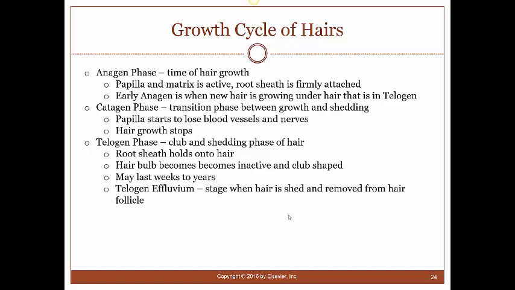Catagen phase is a transitional phase between when the hair is growing and shedding. And so the papilla starts to lose its blood vessels and nerves, and hair growth stops. There's a fairly decent amount of time that hair can be in the catagen phase. It can also be in the telogen phase for a while too. Depending on the hair is how long it'll be in anagen. A lot of hairs can continue to grow, like the hair on your head can be in anagen for a very long time and continue to grow. Other hairs in the body have a much shorter lifespan, and so they spend a much shorter time in anagen